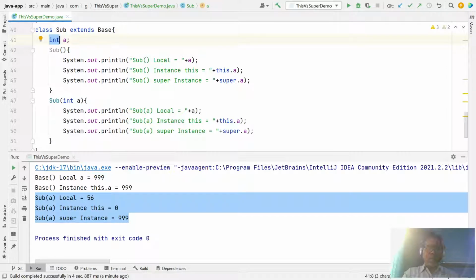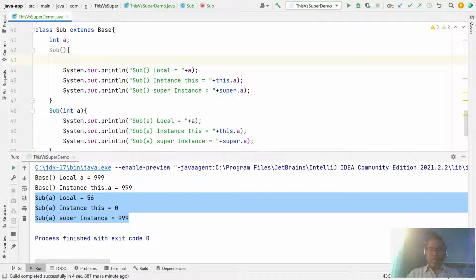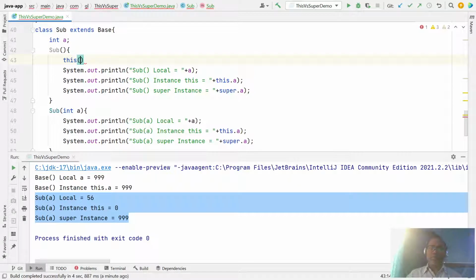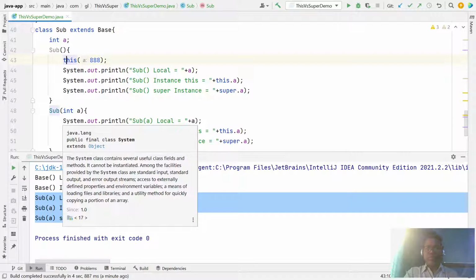Similarly, if someone invokes this default, I want to give at least some default value. So let us use the this keyword to invoke your class constructor. I say this here, let's key default 8080. So the this keyword is the same for invoking the same constructor. That is the good part.